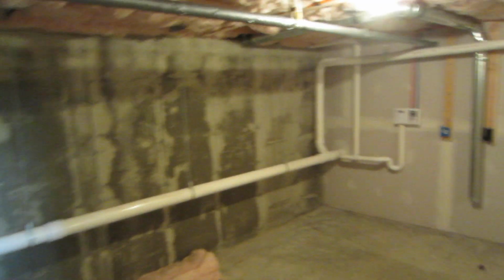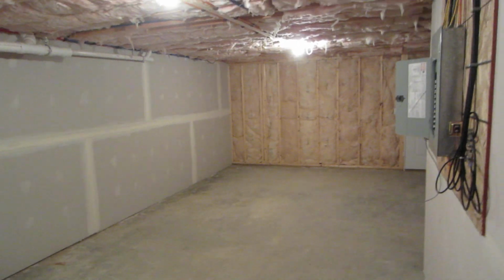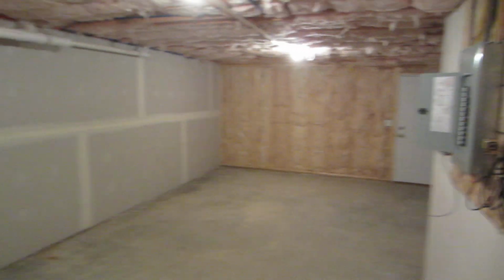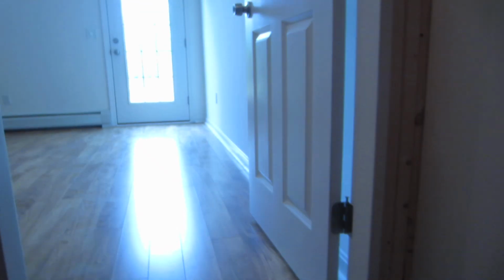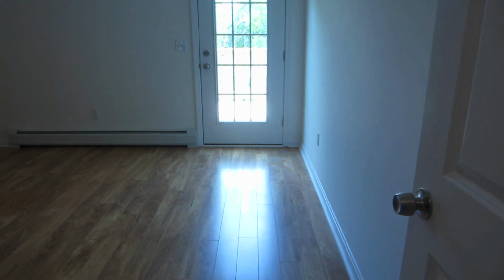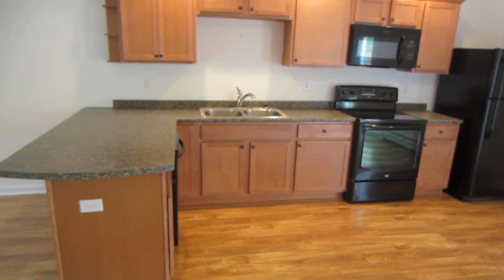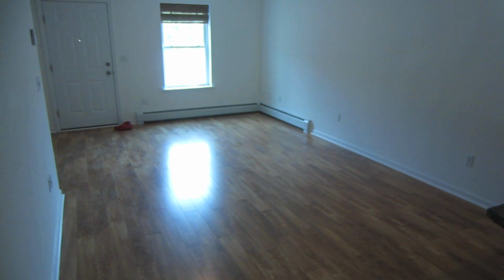This has a washer dryer hookup for the basement, and then you'll notice down there there's a full door walkout to the back, which is kind of nice because it allows you to have access for storage, bringing stuff in without having to go outside the unit. The other thing that's kind of neat is that we have some tenants who have smaller motorcycles, and you can get those through a 36-inch door for storage in the wintertime. Didn't want to get dust on the floors, but